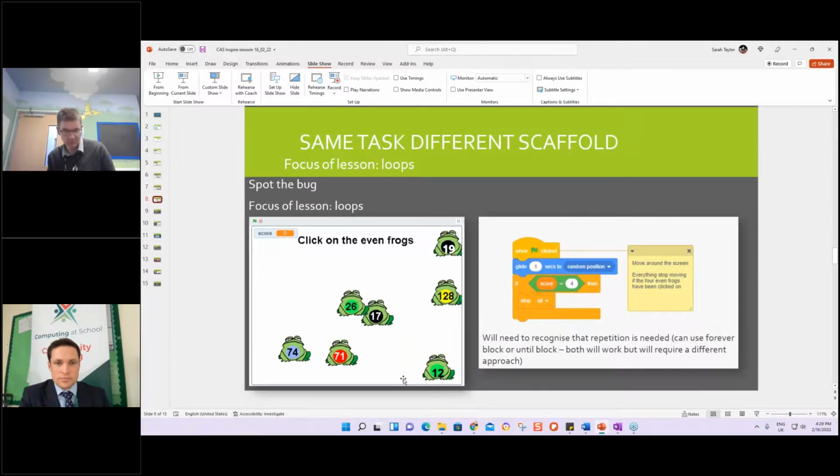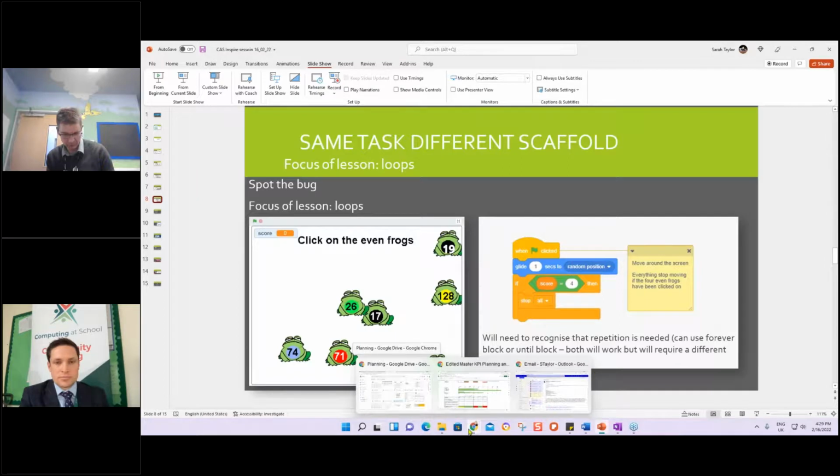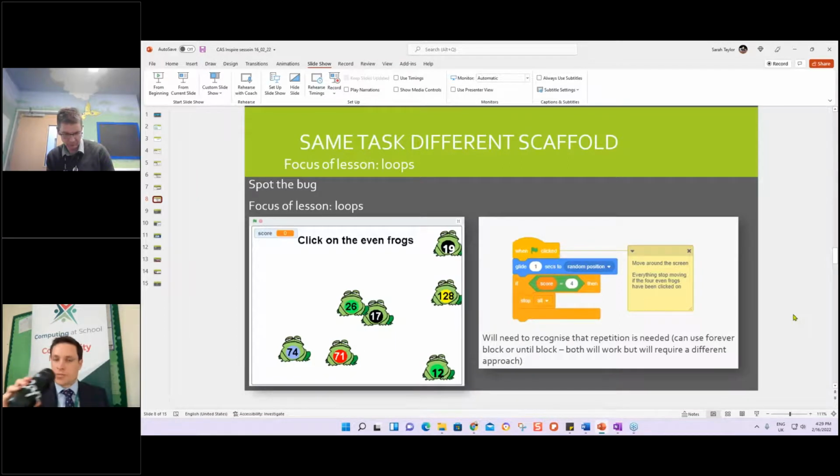And then this one is spotting bugs. Yep, spotting bugs. And this might be a good way of getting learners to focus on the use of loops. In this example, the frog would move once and would then stop, as there's no forever loop. So they would need to understand the fact that the forever loop would check to make sure the condition has been met multiple times.